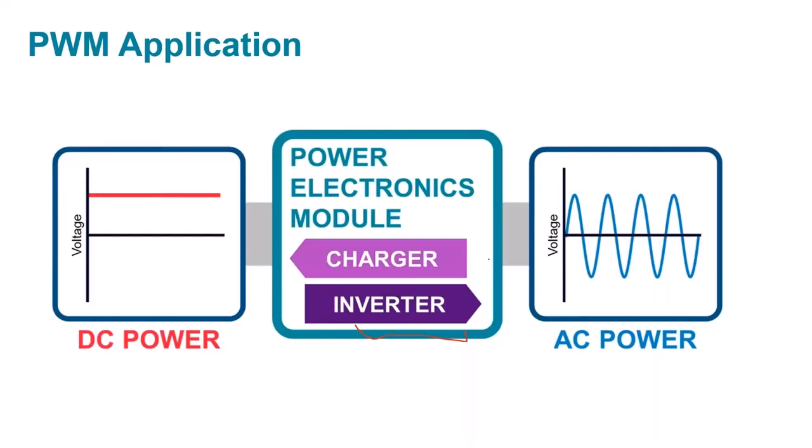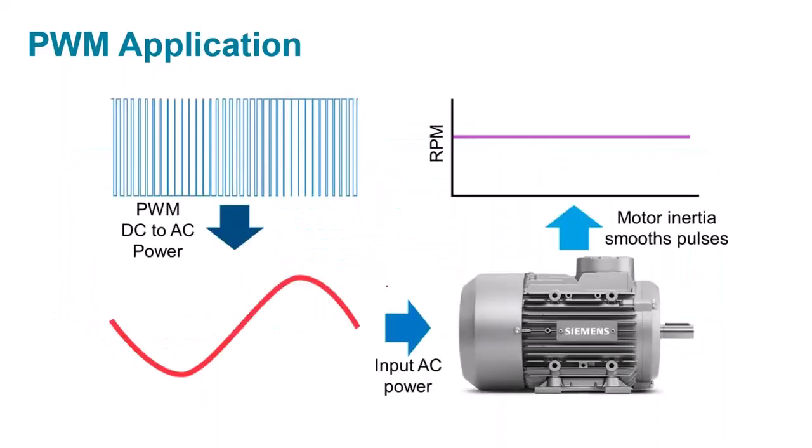So as we mentioned, these things get used a lot in power electronic modules, converting DC to AC or vice versa, depending how it's configured. And some interesting things happen. If you look at something like this, Charles, what kind of spectral content do you expect in a signal like that? I expect a square wave, a single frequency that I would be turning this on and off at, maybe.